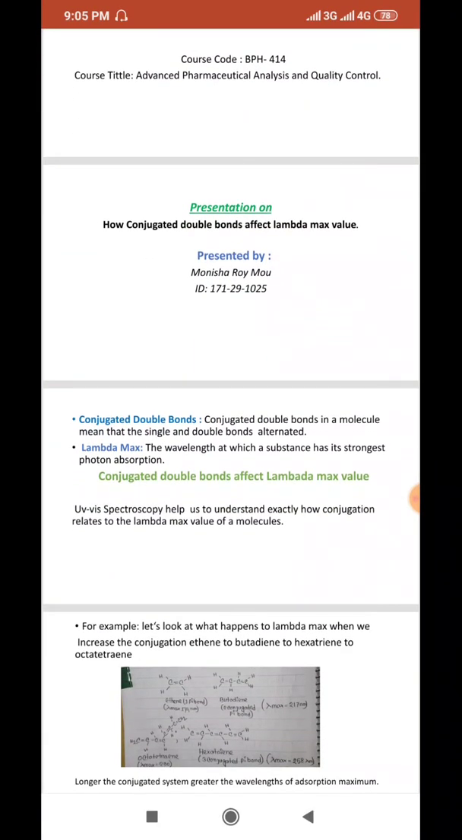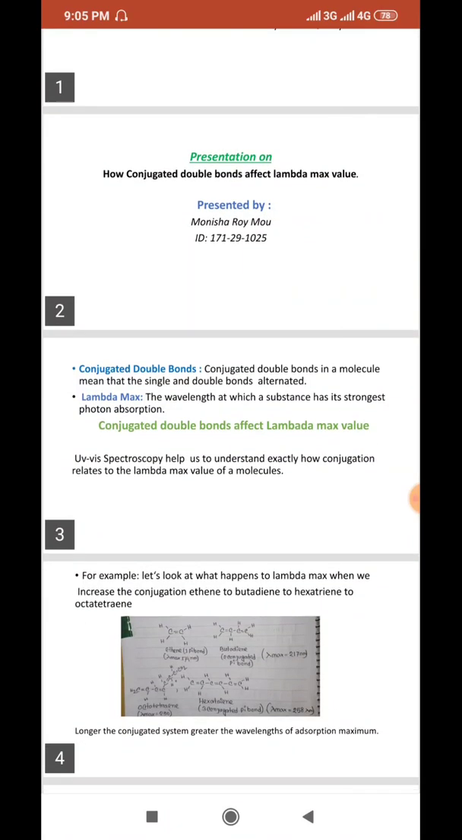So at first, an introduction to conjugated double bonds. Conjugated double bonds in a molecule mean that the single and double bonds alternate. Lambda max is the wavelength at which a substance has its strongest photon absorption. Now we know that UV-Vis spectroscopy helps us to understand exactly how conjugation relates to the lambda max value of